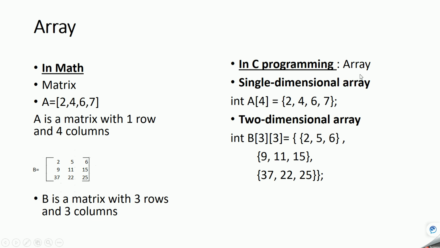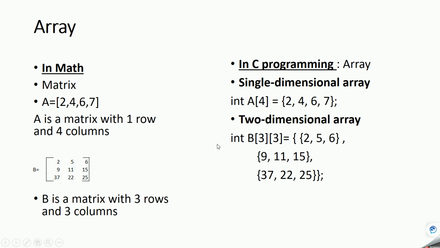And first let's see what an array is, what is the meaning of array. So array is nothing but a collection of data or values of the same type. Same type means if this is defined as int, all the values should be integers only. It cannot have decimal values. So this is what I mean by same type.